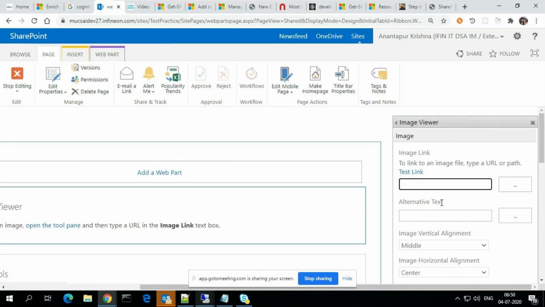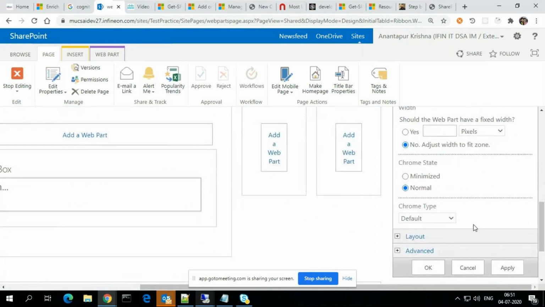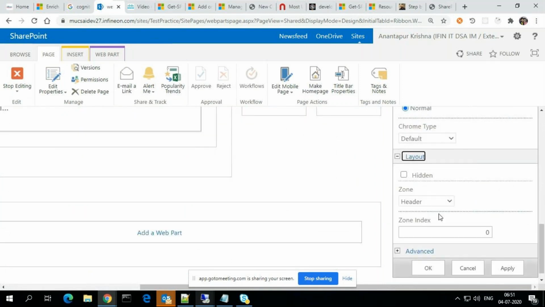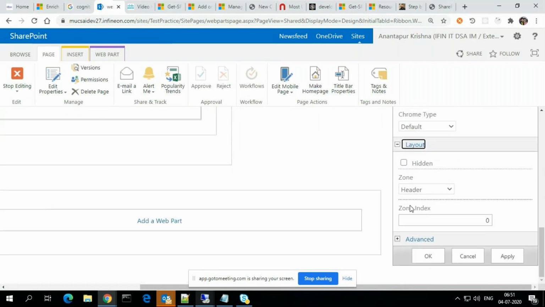And we can set the height and width, and the layout also. Earlier it was not showing the layout section in the wiki page. Now it is showing zones.